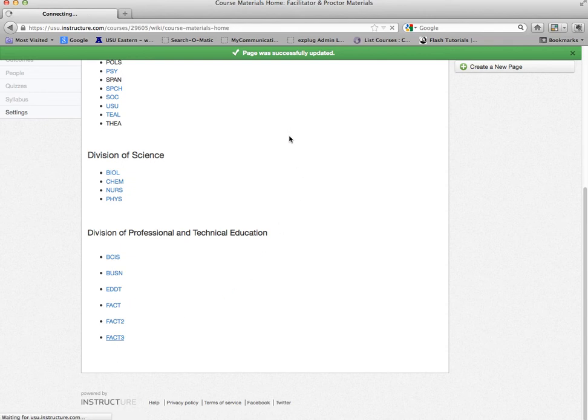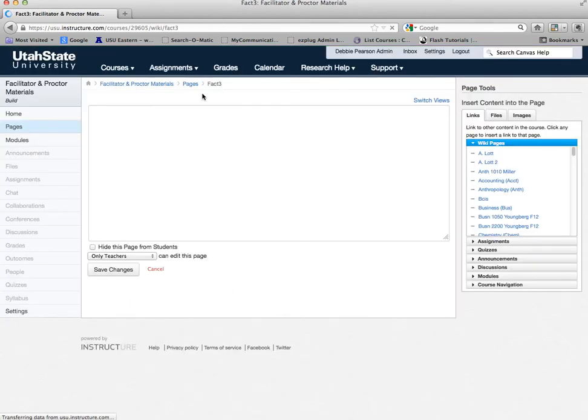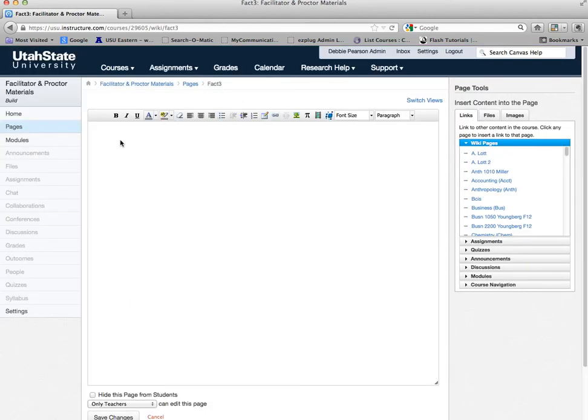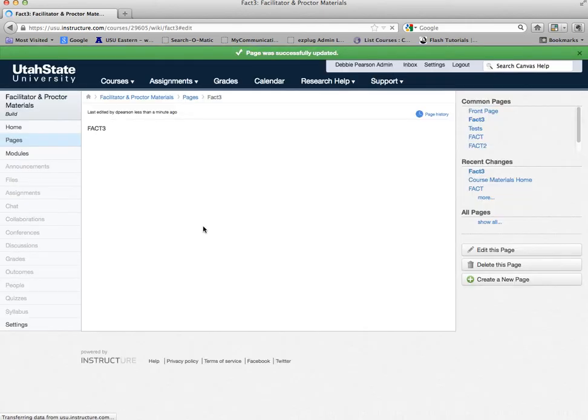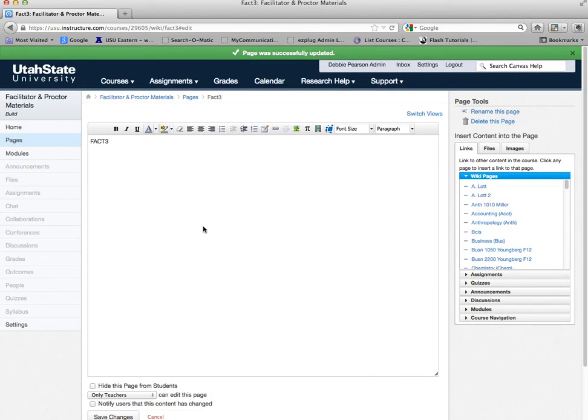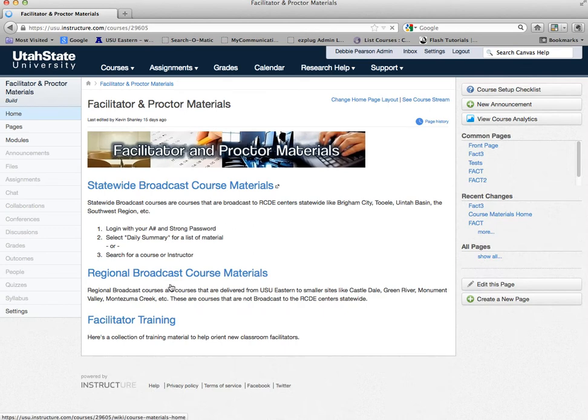And it brings us to the Fact 3 page. And we can put whatever content we want in here. So we can title it Fact 3. And save it. Now all the other pages behave the same way. So if we go back to the Facilitator and Proctor materials, and we want to add, say for example, myself